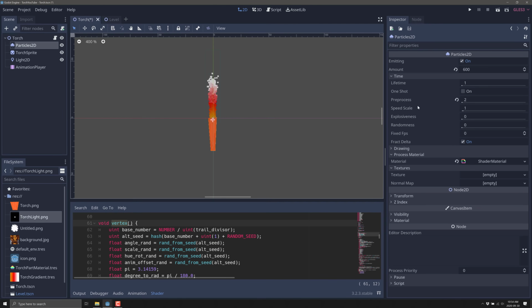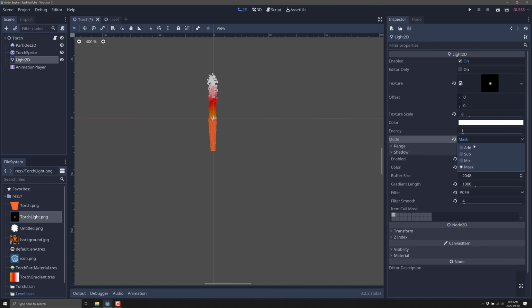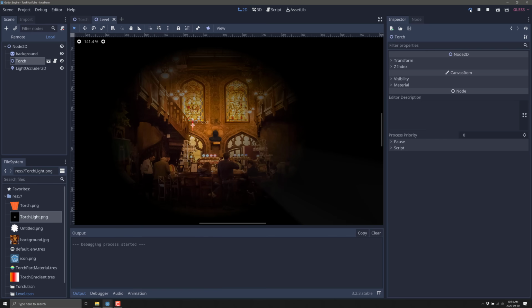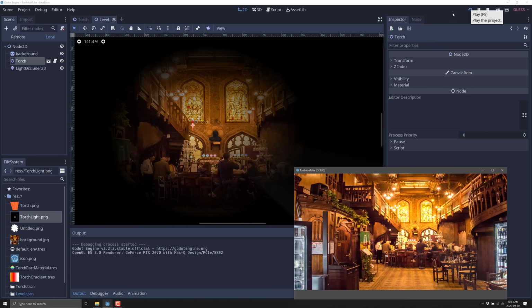So instead, what you want to do is go back to this version, and you're going to design your art in a different way. You basically start with blackness and then add light to it. In that case, what you're doing is you're going to your light here, and instead of doing it on a mask, you'll do it on an additive basis. And what this does is basically this light then is being added onto your scene. Now, it's not going to look right here because we're not really set up for it. So that's the downside. You can still see the shadow effect. You're seeing the falloff of the lighting effect there. So you're going to have to design your scene basically with darkness in mind.